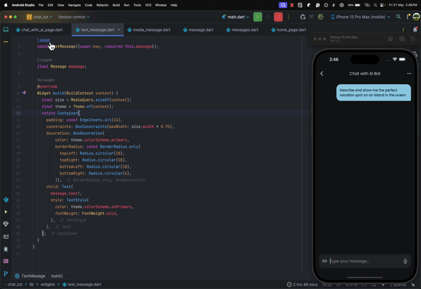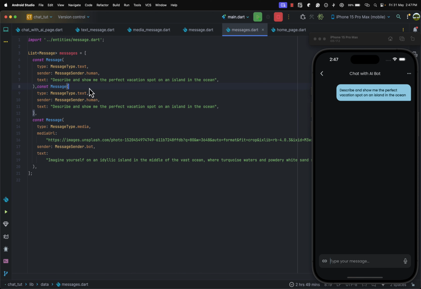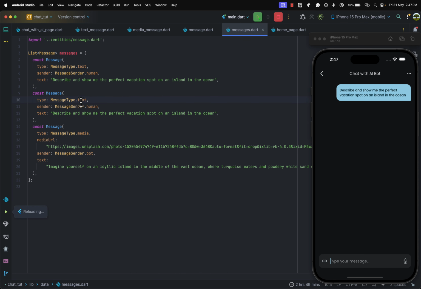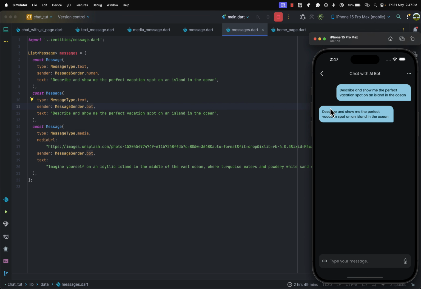What I mean is, let's say if I go to the messages we have over here, and then I copy and paste this guy over here, and I set the sender to be the bot, and I hot restart that so that I can have the changes. You realize that we still have the same style. So if it is the bot, we still have the same styles, the same color,